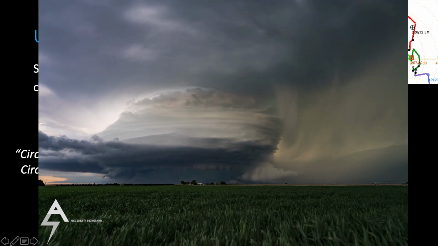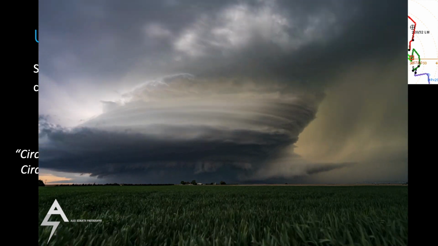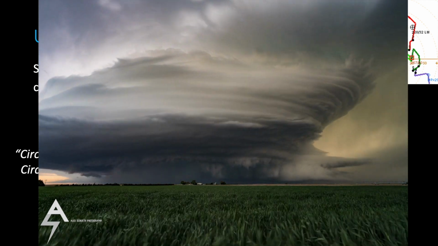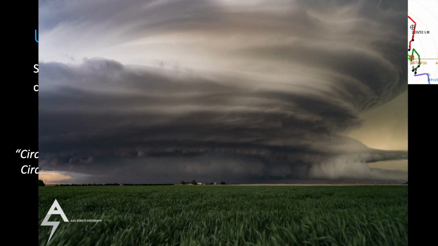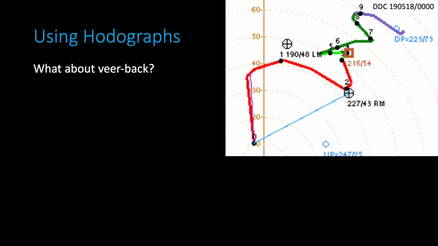And this is really what happens when you inject streamwise vorticity into the veins of a supercell at all levels of the atmosphere. Your updraft is just rotating in unison in its entirety. So what about veerback? This is another common misconception amongst chasers, that veerback is bad. It's not actually bad, and it's been proven a few times that it is very good, actually, for photogenic